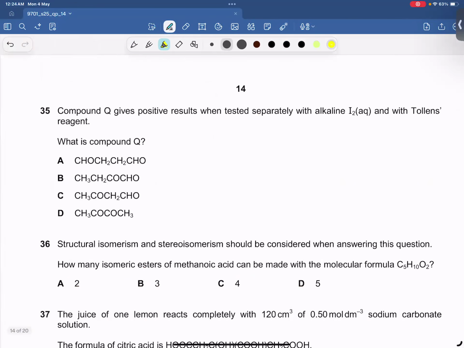आई एम टायर्ड गाइस। Compound X gives positive result when tested separately with alkaline aqueous iodine and with Tollens reagent. When it gives you a Tollens reagent, which means it must be an aldehyde. Aldehyde is here, aldehyde is given, but this is not aldehyde, this is not aldehyde, so option D is incorrect। Okay,